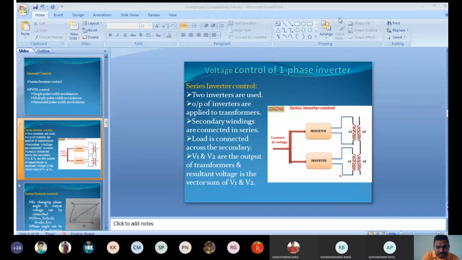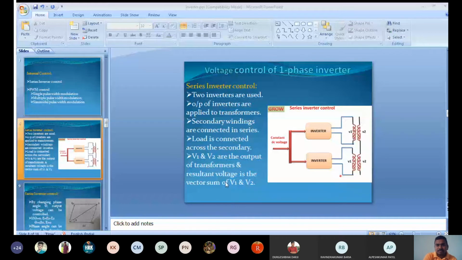In this time duration from alpha 1 to alpha 2, the pulse is generated because the carrier signal is equal to or lesser than the reference signal. Now after alpha 2, the carrier signal becomes greater than the reference signal, so after that the pulse is not generated. So this is the width of the pulse.